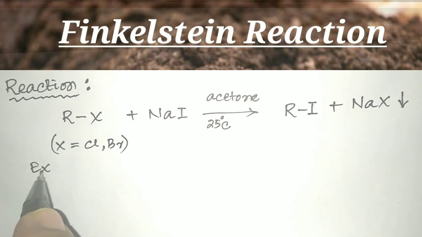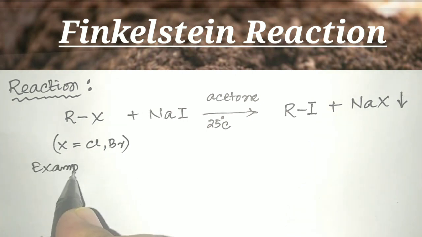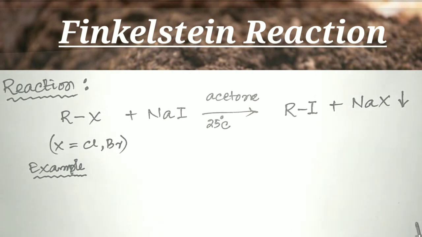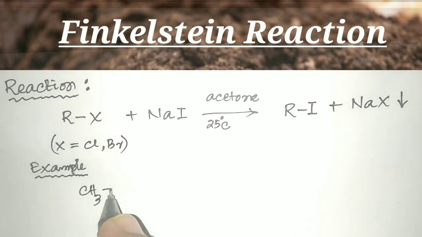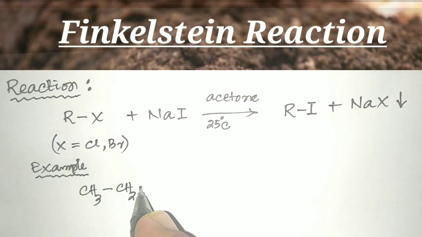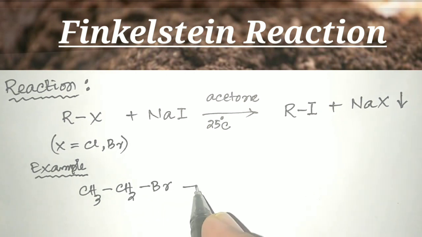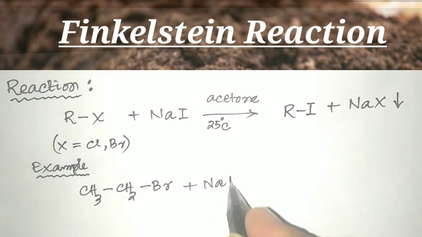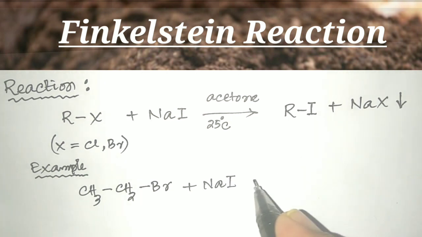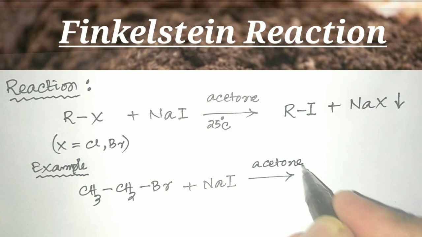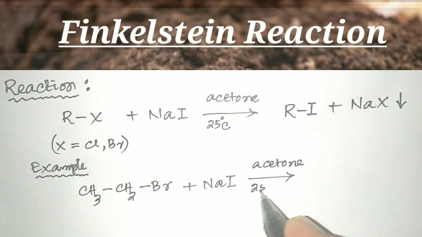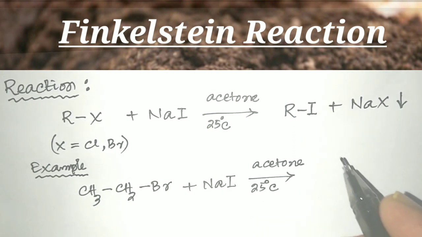Now let us try to understand the first reaction, the Finkelstein reaction. As I have told you, these alkyl halides, meaning here the chlorides or bromides, are to be treated with sodium iodide in the medium of dry acetone. Here the iodide ion from NaI is the nucleophile, students, which is a better nucleophile than chloride or bromide. For example, when ethyl bromide is treated with sodium iodide, tell me what would be our product?